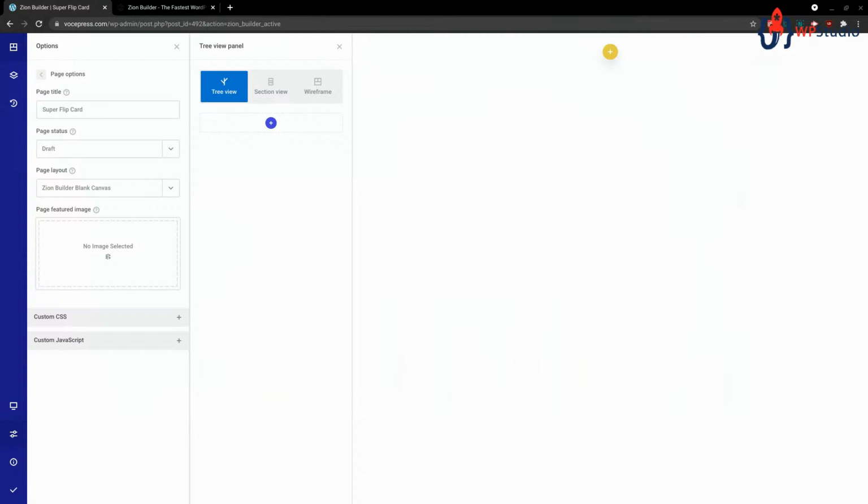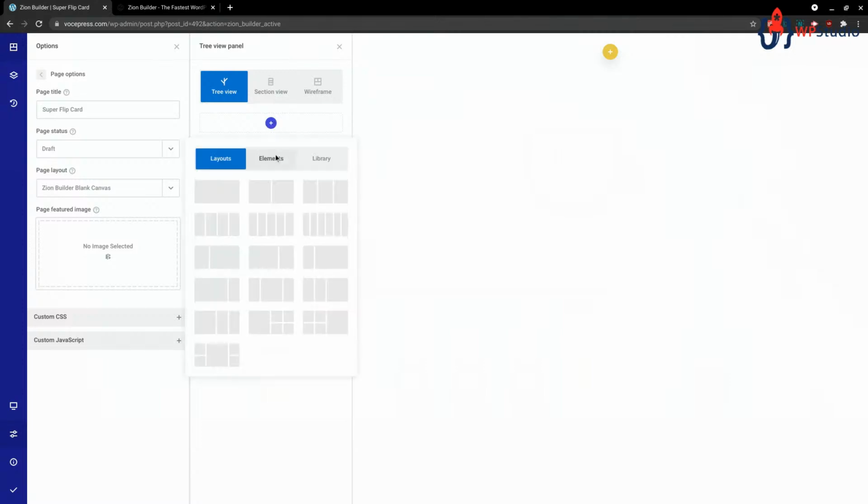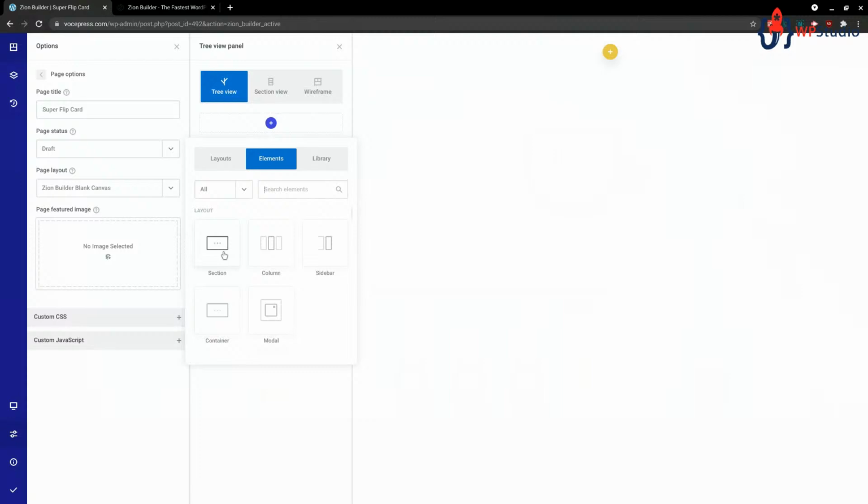So let's create our structure. And anytime I build with Zion Builder or play or develop something with Zion Builder, I always operate on the idea that everything should have a section. There should be a container inside that, and then the elements live inside that. So it's fairly easy to just come in here. I could use any of the pre-made layouts that already have a section and a container involved. But let's start from scratch by just simply going to the elements